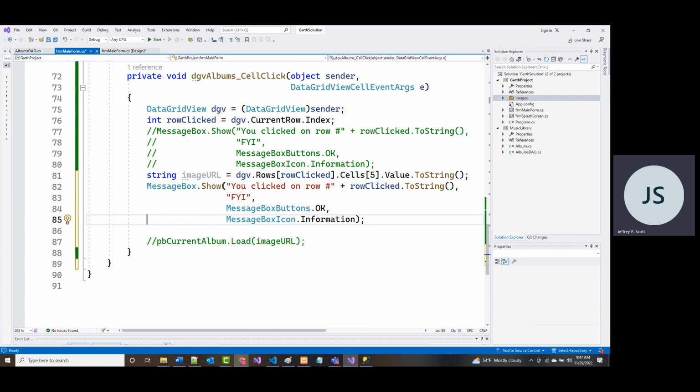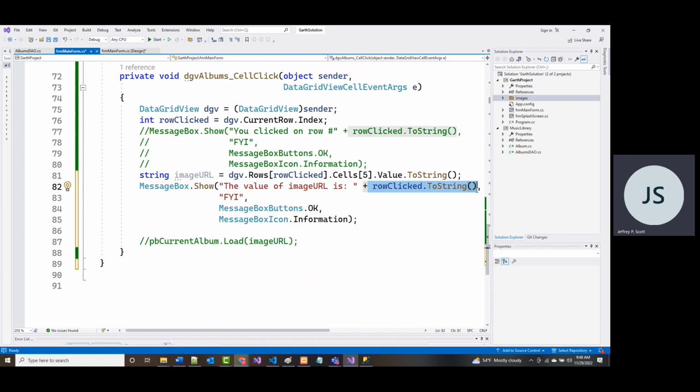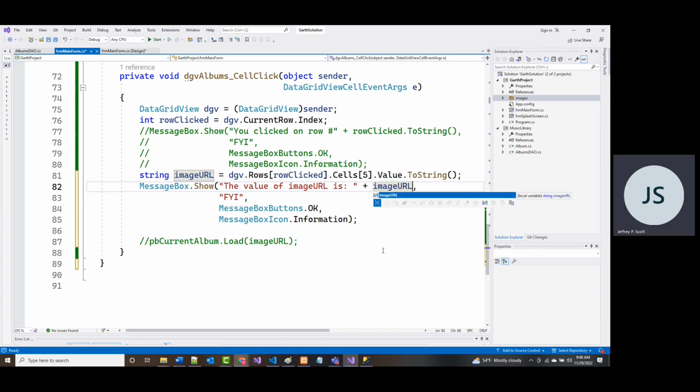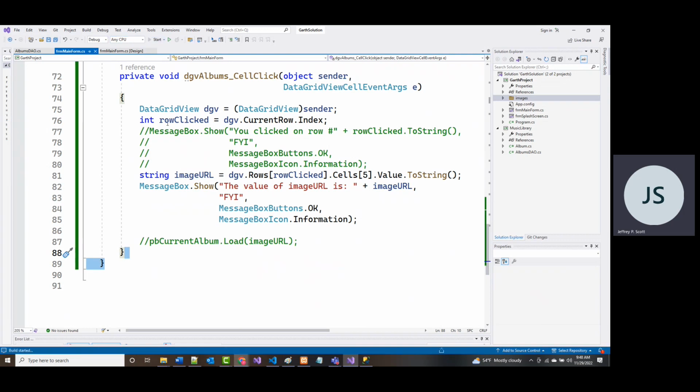But I want it to say the value of image URL is, and that's what I'm going to put in here, image URL, because I want to see what it's actually getting here. So the program won't blow up. I'm not going to get any output other than this message box output. So let me do a file save all and run it again.